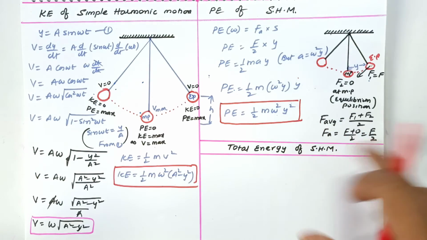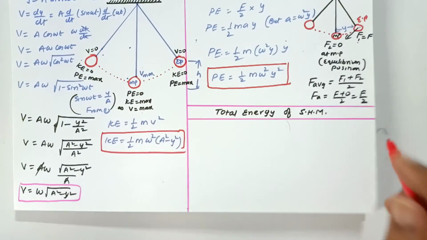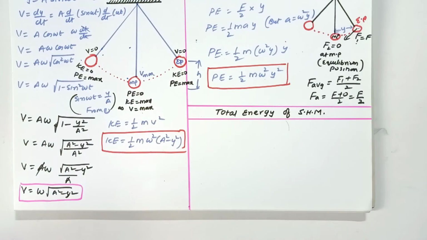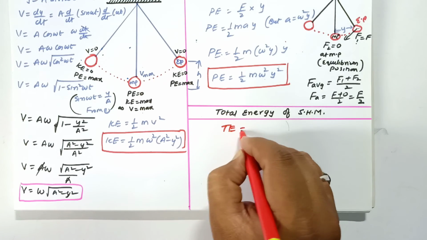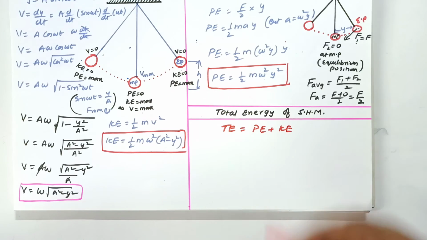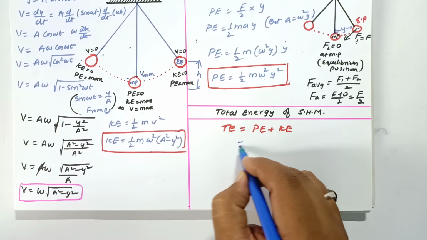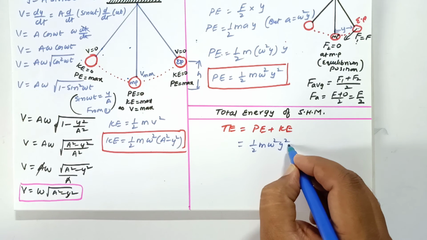Next, we shall discuss the meaning of total energy in this case. So how are we going to find out the total energy? As the oscillation of a simple pendulum is mechanical energy, we need to find out total energy. Total energy is going to be the sum of potential energy plus kinetic energy. So in this case, potential energy, just now we got half m omega square y square, plus